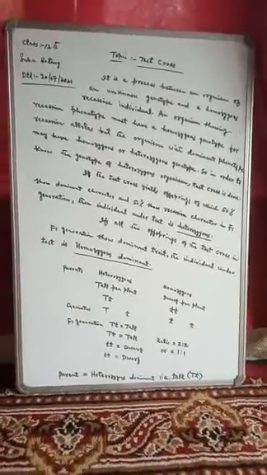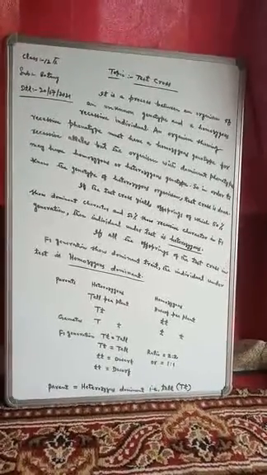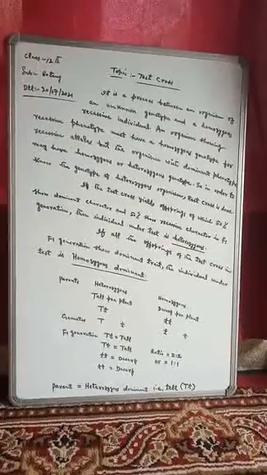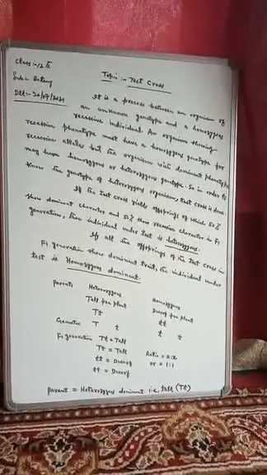So what are the conditions for the test cross to be done? To know the genotype of a heterozygous organism, test cross is done. The condition for the test cross is that if we want to know the genotype of a heterozygous organism, then this test cross is done. Now, if the test cross yields offspring of which 50% show dominant character and 50% show